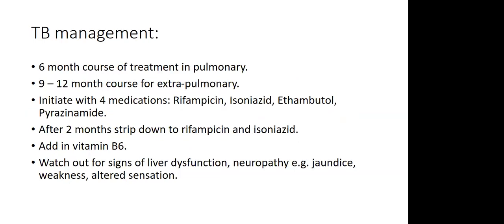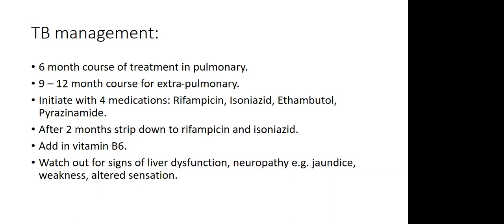Okay, just moving on to some of the treatment courses, and you'll know this. I'd really encourage you, if you have time, to spend a little time with the TB treatment people who are in that little annex. They're only really there until 2 in the afternoon, so you'll have to go early to find them. Six months of treatment is for pulmonary TB, and then you would move to 9 to 12 months for extrapulmonary TB, if you're seeing it outside of the lungs. And remember, you're starting with your 4 medicines: rifampicin, isoniazid, ethambutol, pyrazinamide.